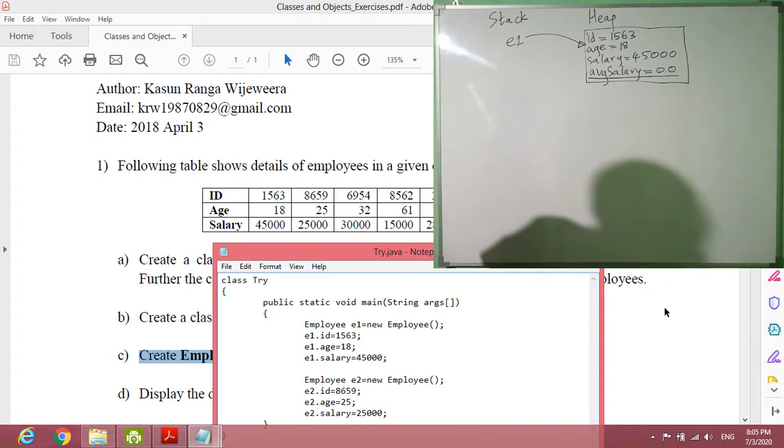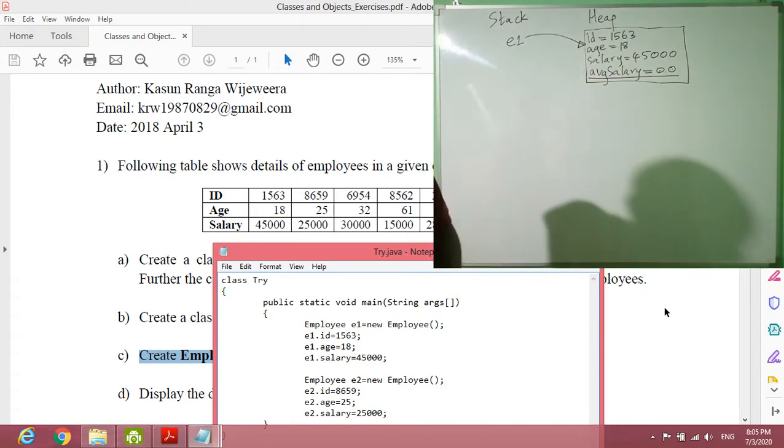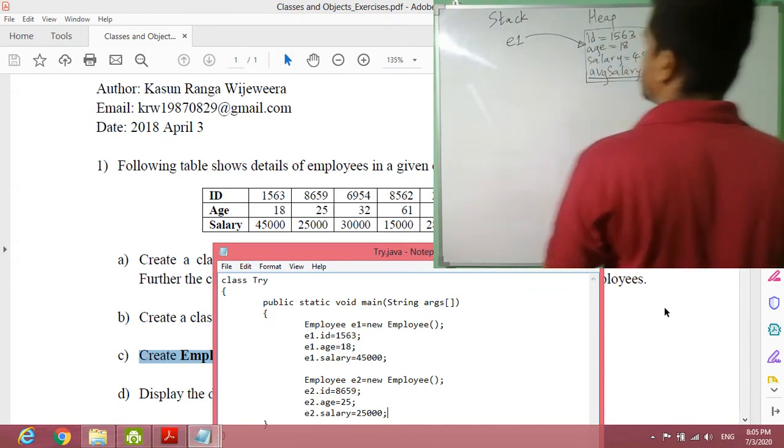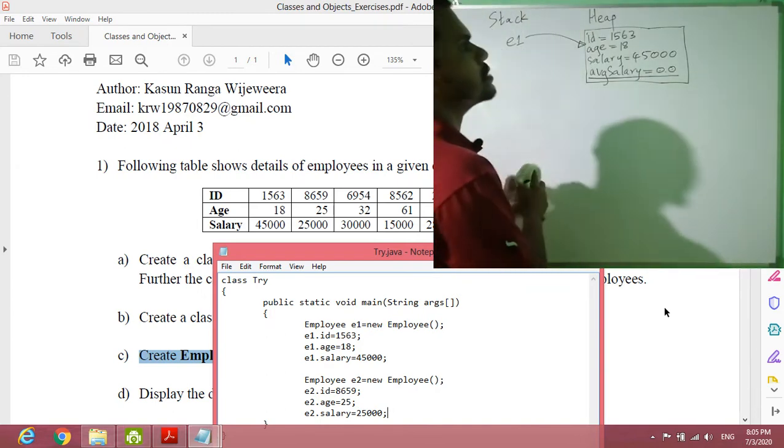Again we create. I am worrying about the space. Okay, so